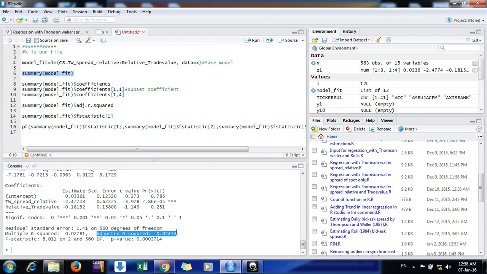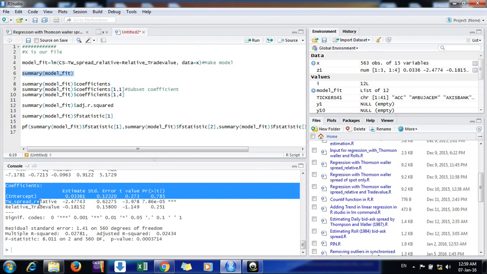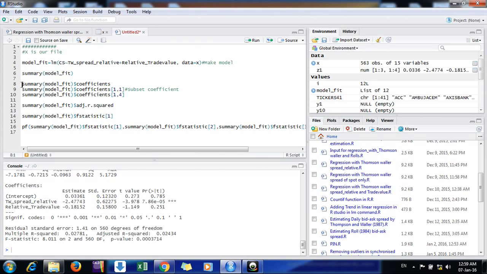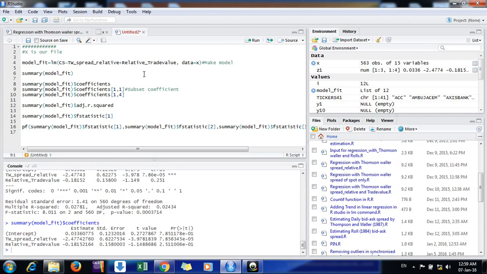But this is not enough for us because we want to extract all these things to put in a report. So how to take them when you run a loop for running the same regression for many variables? Here you can simply cut and paste as well. But suppose you want only the coefficients, then how to do that? The very simple thing is, this was your summary command. You put a dollar sign for subsetting, and you mention coefficients, so now you'll get only the coefficients.